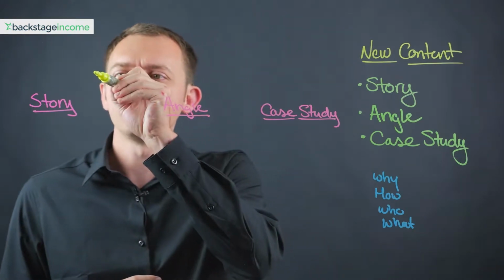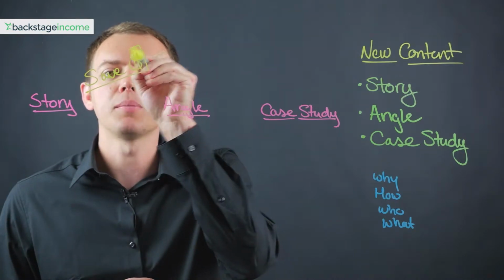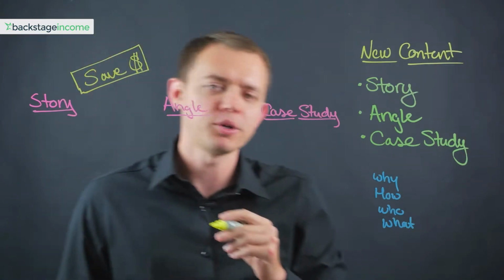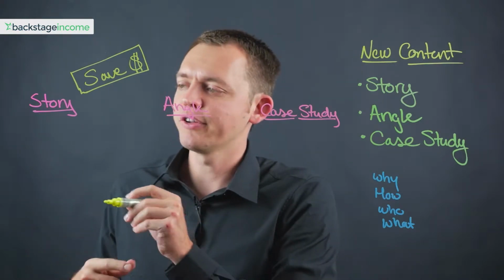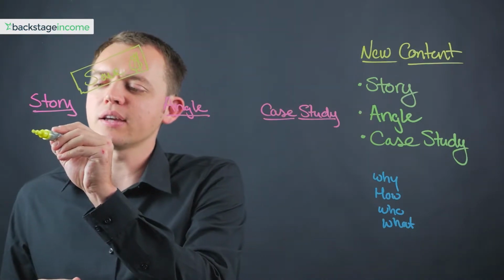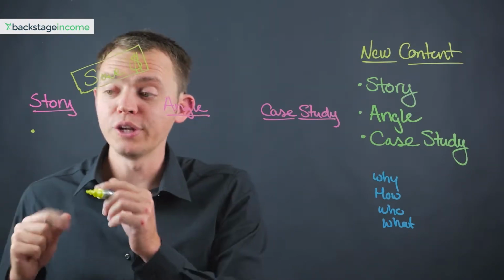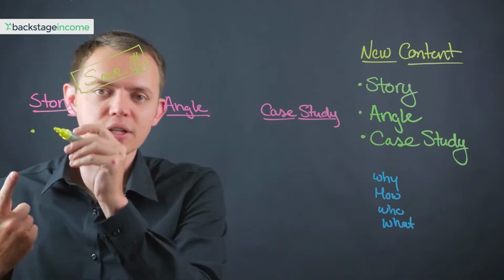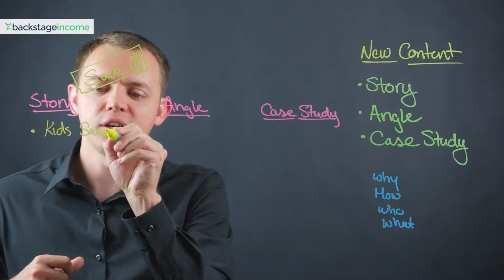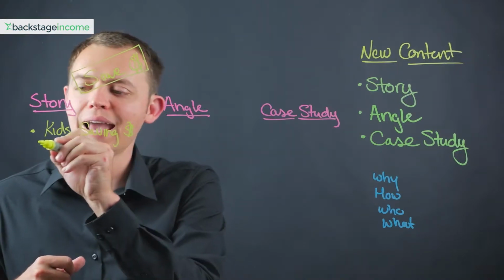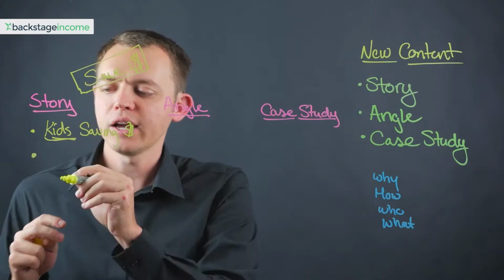If we look at a basic blog-based content piece, or a YouTube or a video content, let's look at something more dull, like saving money. And if you have a blog about, let's just say, saving money or personal finance, which you can take a look at mylittlenestegg.com for that. But let's look at kind of a story that you would come up with or create here. So to come up with three different stories, you might say, okay, well, let's look at how kids are saving money. Well, now you focused in on the story of the kids. The kids are kind of the main focus.